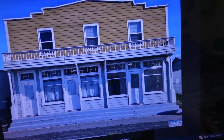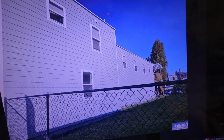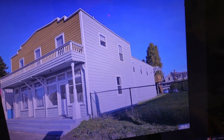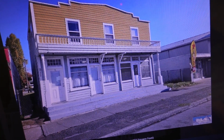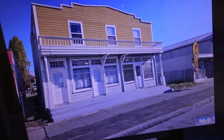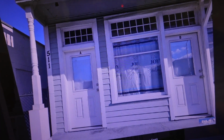Alright, so their first photo is similar to the street view photo we just looked at, but here's what we get. We'll go through these kind of quick. There's that side yard that they mentioned. It does have a lot of space, opportunity to do something over there if you want to put in a garden or whatnot. There's the views, mountain views. There's a little bit of water you can see through those buildings there, so kind of peekaboo view of the waterways. And looks like a couple units you could easily rent out if you could find somebody to put some business in there. A and B you see there,